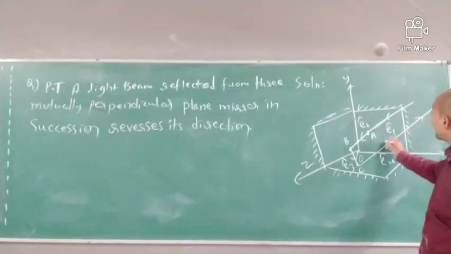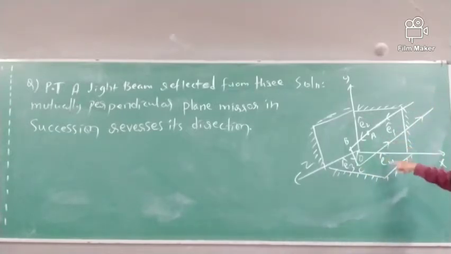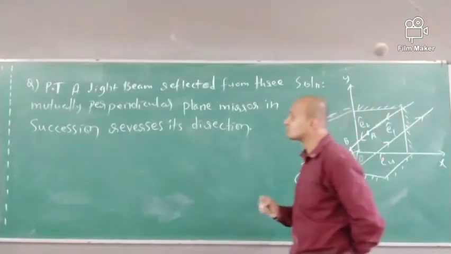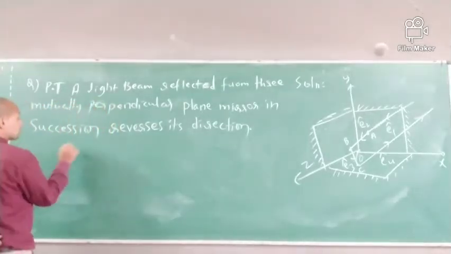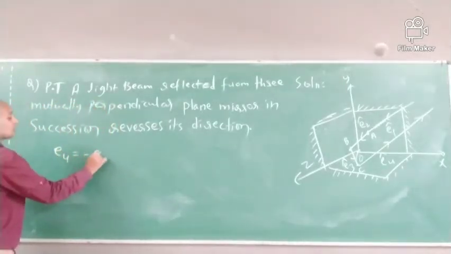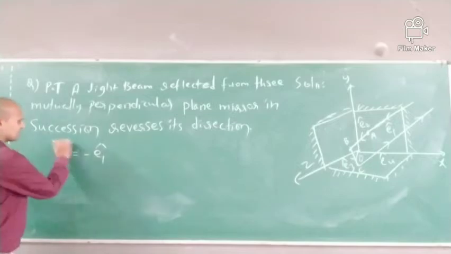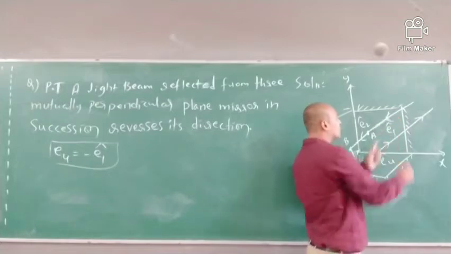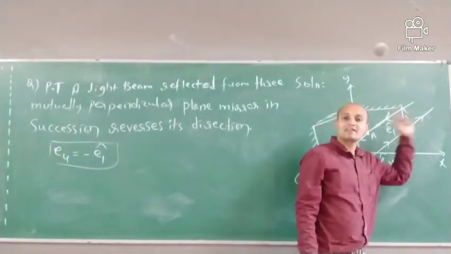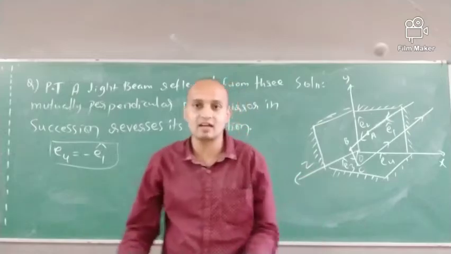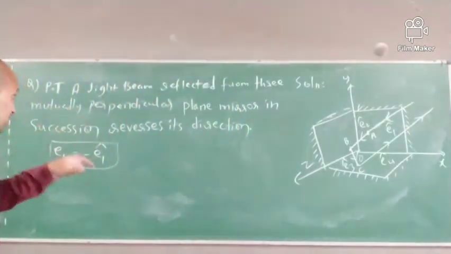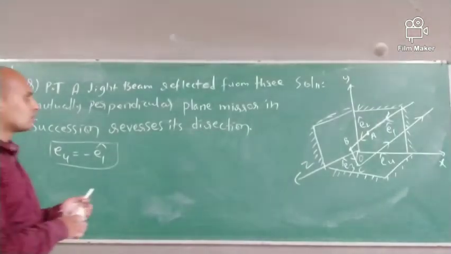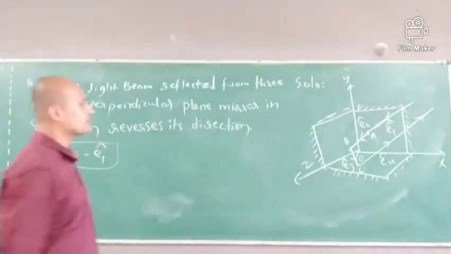After that it will reverse back. Let us take the reversed ray as E4. What he is asking is, according to the question, E4 must be equal to minus E1. E4 must be equal to minus E1, because this is E1, which means E4 must be minus E1. It has to reverse its direction. So our target, let us take very simple things. What is that?